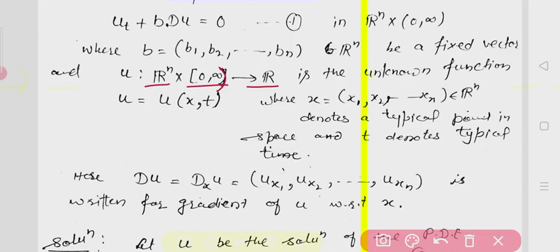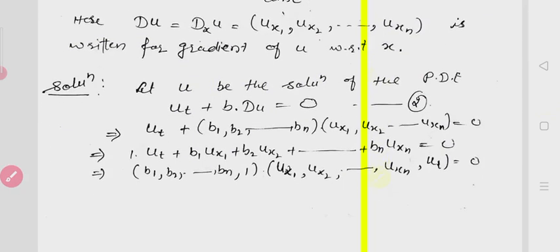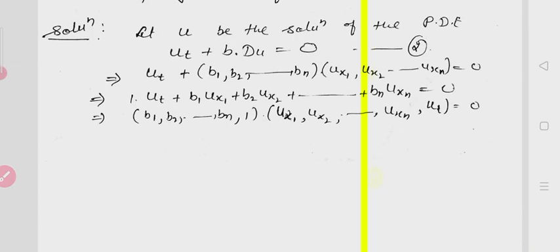Right? And we say u is a function of xt, where x belongs to Rn and t belongs to 0 to infinity. And du means dxu, and this is the gradient vector ux1 ux2 uxn, right? So if you say the solution can be written like this,